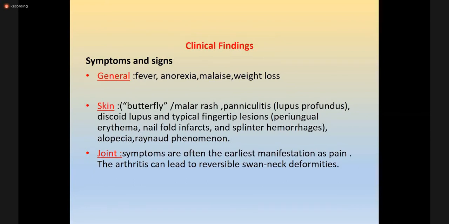It doesn't lead to full-fledged irreversible joint deformities like in the case of rheumatoid arthritis. It is a very common mimicker of rheumatoid arthritis, and in that case we usually call it Jaccoud's arthropathy, but it is reversible, in which you get all the deformities like swan neck deformity, Boutonniere deformity, Z deformity, but all of these deformities are correctable by simply the patient's active movements and passive movements.